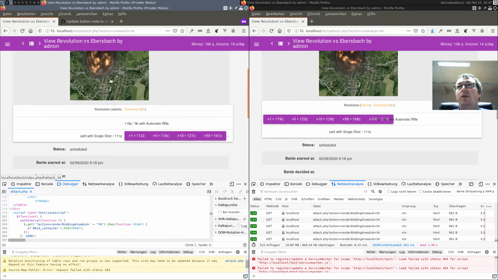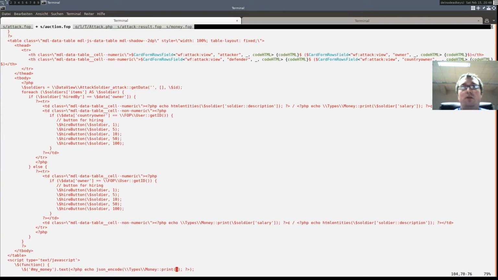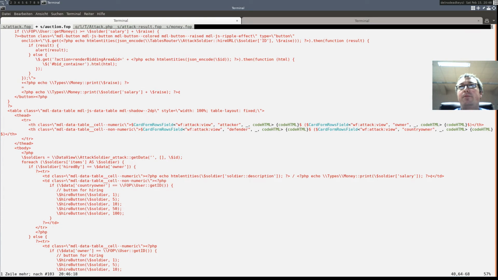Okay, so we have to do two things. On the one hand, if our money is smaller than the whole thing, then we will render an additional disabled CSS class.